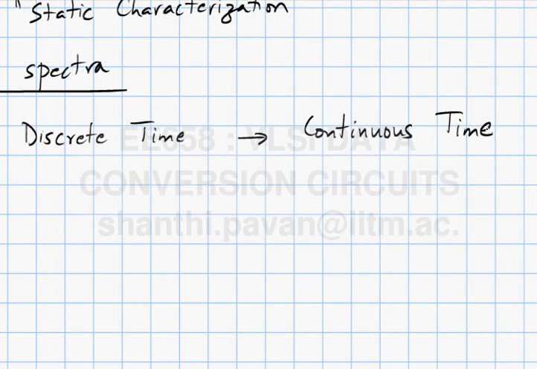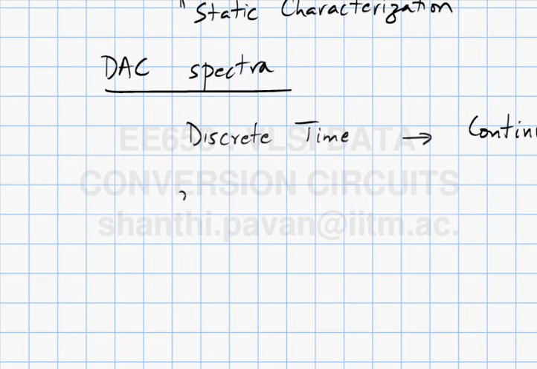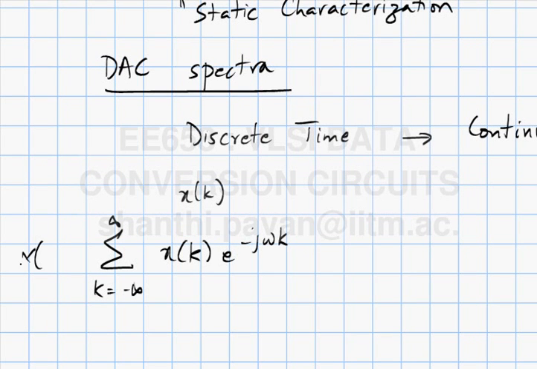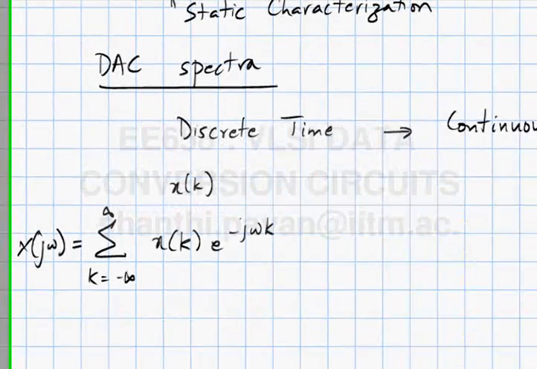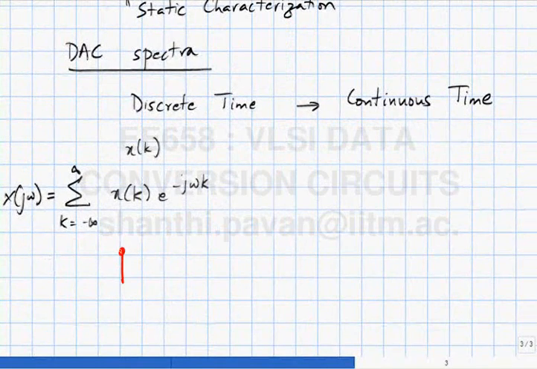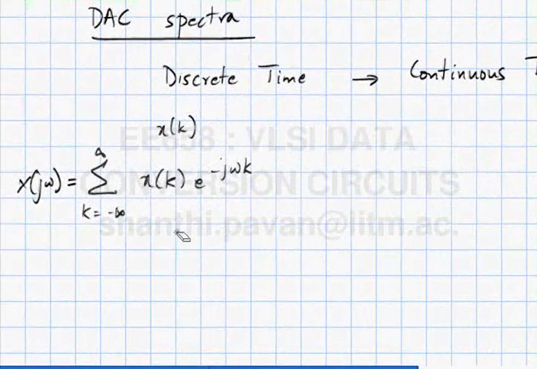So you have some samples x of k with a Fourier transform x of k e to the minus j omega k, and as usual we use the small omega for discrete time frequency, and in continuous time, so in other words the discrete time sequence is doing this,